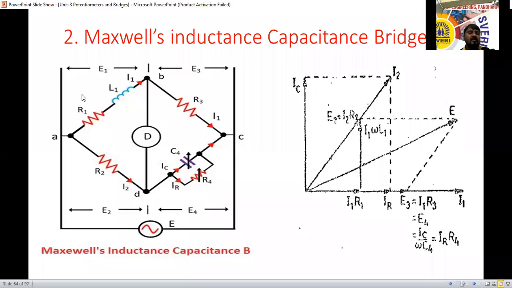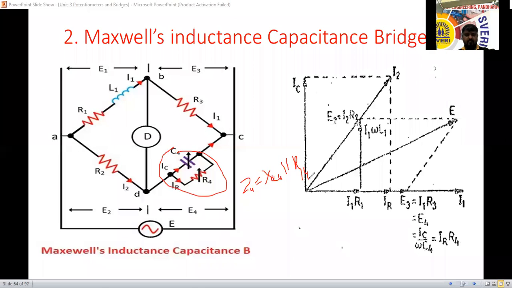Next, similar method, we have to consider this one as Z1, this one as Z2, this one as Z3, and this one as Z4 here. So resistance and capacitance both are parallel, means how we will write the Z4 equation here now. This complete term I will consider as Z4 here now. Z4 equal to, how will we write this one? So XC4 I will write that one directly. XC4 is in parallel with, what is that? R4. R4 here. Two resistances are parallel means R1, R2 are in parallel means R1 R2 divided by R1 plus R2, we will write like that.